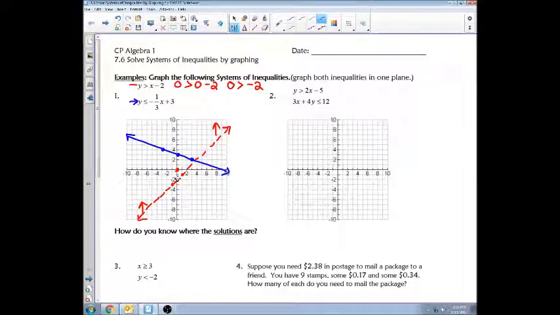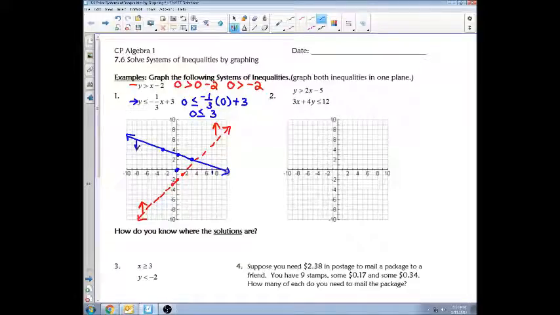Now, the blue line is y is less than or equal to negative 1/3 x plus 3. So again, I'm going to put 0 in for y. Less than or equal to negative 1 over 3 times 0 plus 3. Anytime I multiply by 0, it will be 0. So 0 plus 3 is 3. Since that inequality is also true, that means that I'm going to shade towards 0, 0 from the blue line,